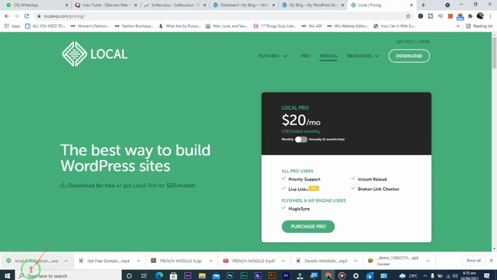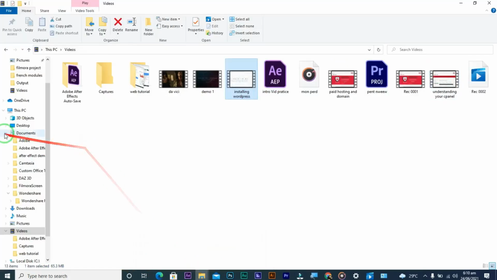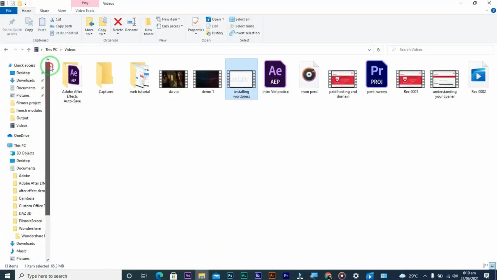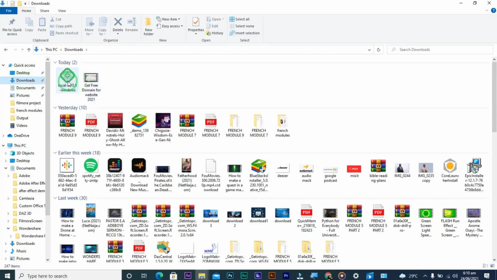You can install it from here by double tapping it, but I don't want to do that. Please just go to your file explorer or your file manager. Go to downloads. It's meant to be here. Now this is the package. Just double tap it. When you double tap it, it takes us to the